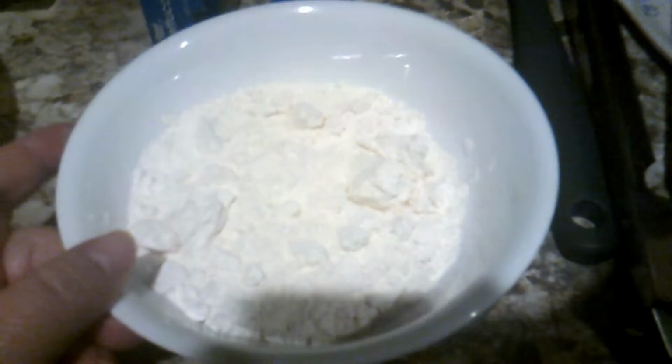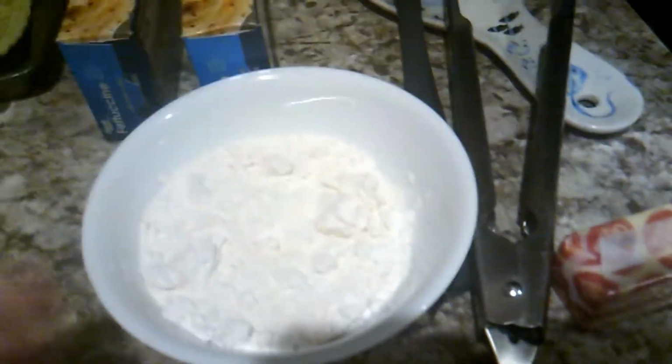You don't need that much butter, but I'm doing 4 bags of shrimp. You need 8 tablespoons of butter and 8 tablespoons of flour. Now, if you have a gluten allergy, you can use cornstarch. Just omit the butter and the flour, and then you can just use the cornstarch